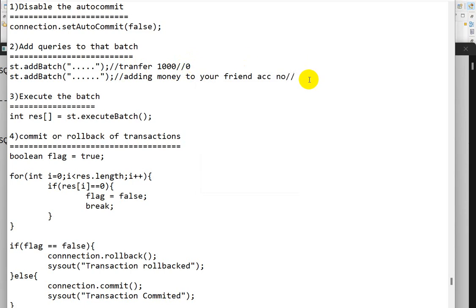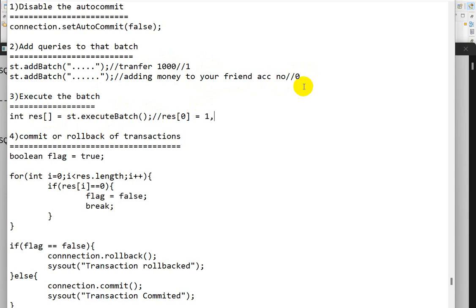Suppose you have given the right account number, but your friend's account number is wrong. First it will be executed and the count will be 1. In the result array, res at 0 will be 1.